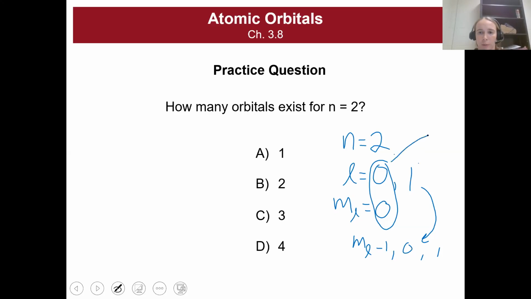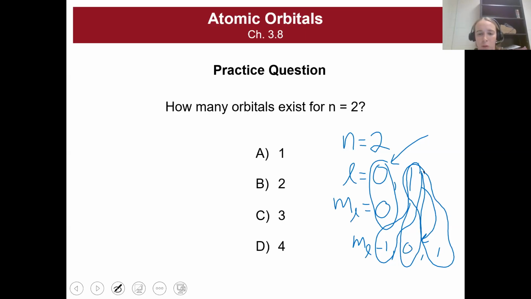So I'm going to circle my groupings. So this is one grouping. L equals 1 and M sub L equals -1 is another grouping. L equals 1, M sub L equals 0 is a third grouping. And L equals 1, M sub L equals 1 is a fourth grouping. So if we write these out,